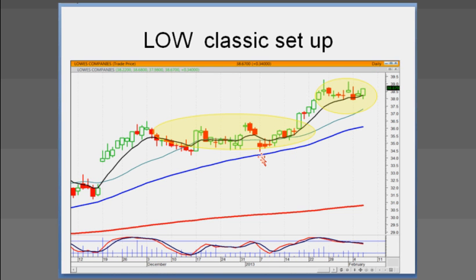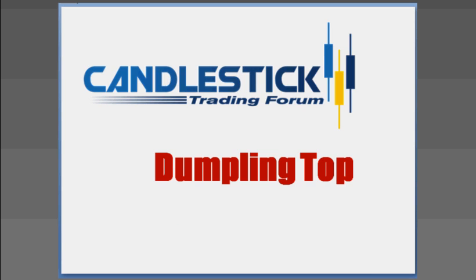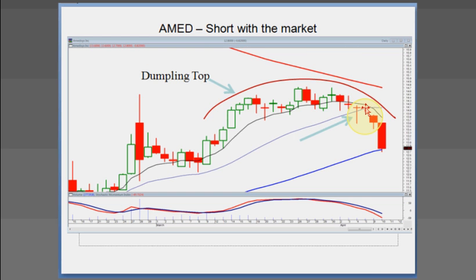If I took profits right here, I'm ready to get back in over here, knowing that if this is wave 1, wave 3 is going to be the same. So the opposite of the fry pan bottom is obviously the dumpling top, a slow curve. Basically, we got a doji followed by a gap down, so start shorting this, because what are the expected results? Just the opposite of the fry pan bottom, there's going to be a strong move to the downside.